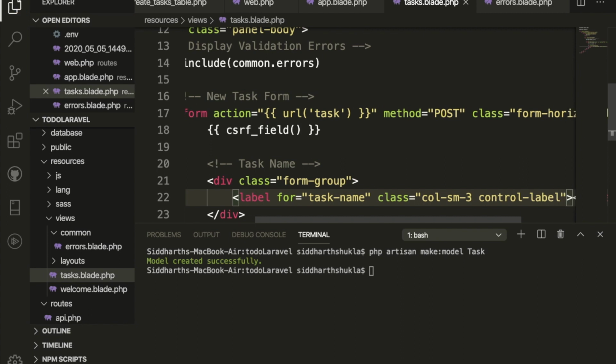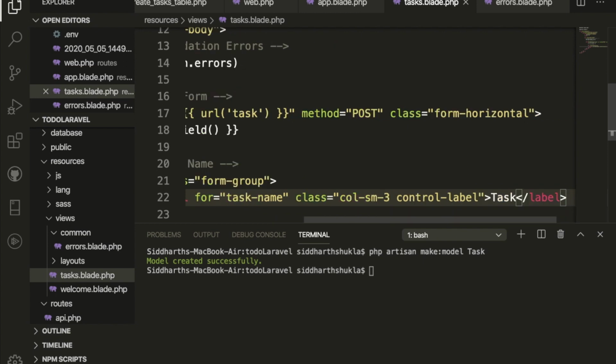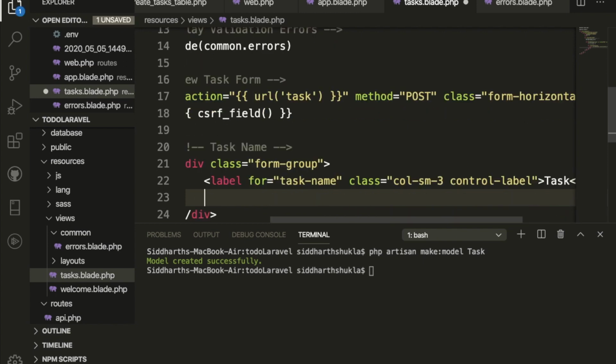So once this is done, then inside of the label I want to use task and hit enter, and here we need to use